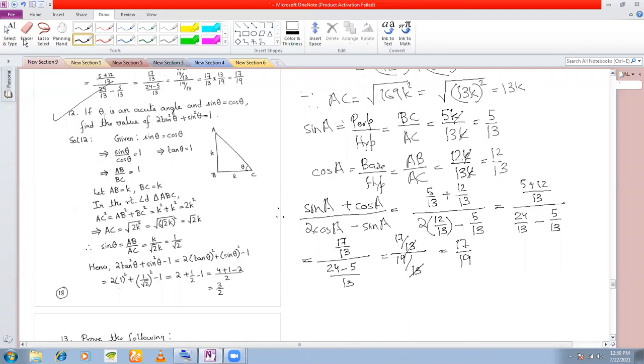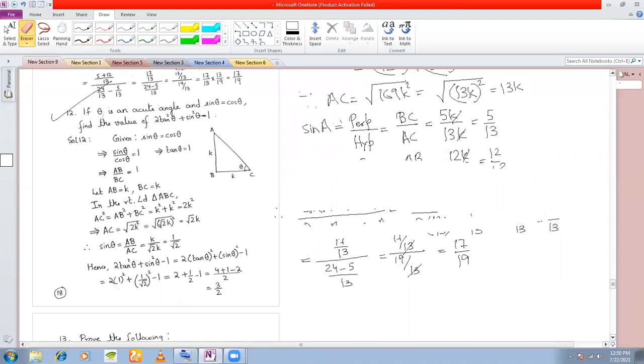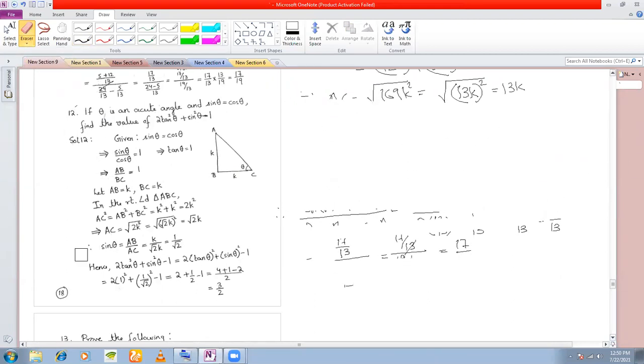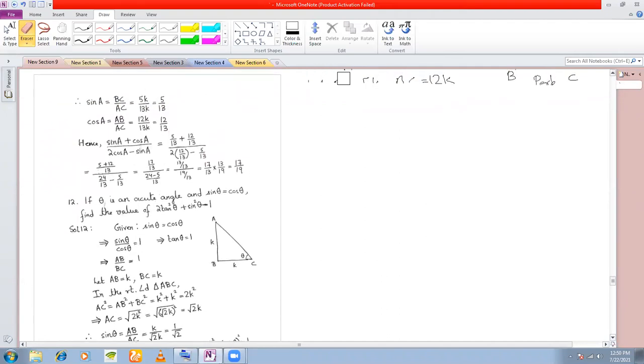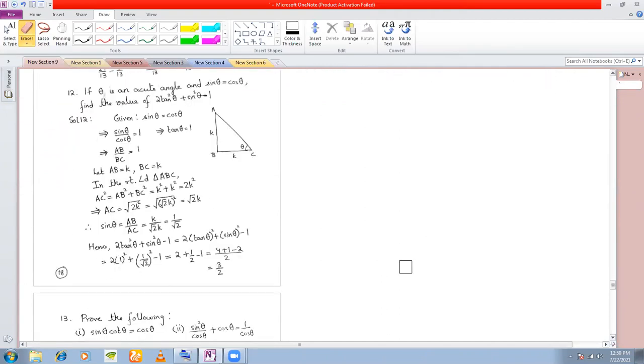No, sir. Now, the next problem is a very interesting problem. As I told you, the next problem can be done in two ways. The second method that I will show you will be from the next part, which we have not discussed, standard angles. But I'll just give you a glimpse of how we can do it in the second way. Once we start with the next part, which is standard angles, then we can revisit this problem and see how it can be done. But both the methods I'm going to show you. The first here, method one. This is the usual method that we have been doing.